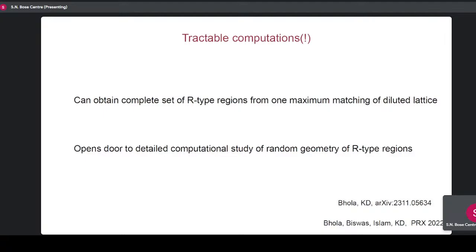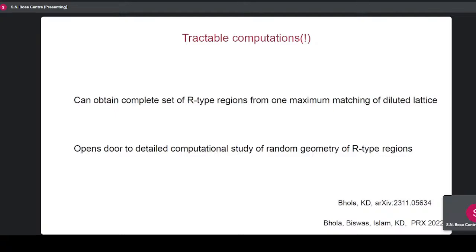And the main point I want to get across is that this leads me to something very computationally tractable. Making one maximum matching of any graph is a polynomial time algorithm that is taught in second year computer science classes. Take that code, run it on your diluted graph, and you can then get these labels, E, O, and unreachable. From that, you can construct these R-type regions, and then you can just look at it, right? And you know exactly how many zero modes will live inside each. You don't know their wave functions because that depends now on the t_ij or the e_i.